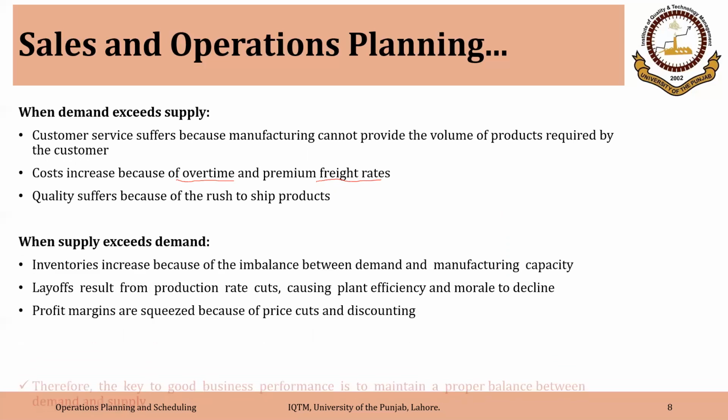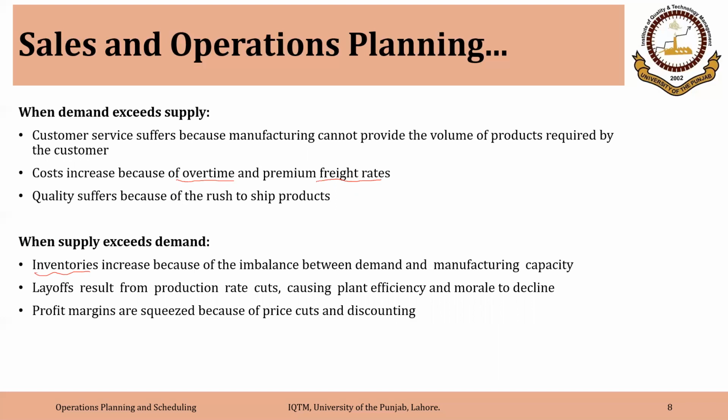When the opposite happens, when supply exceeds demand, inventories increase because of the imbalance between demand and manufacturing capacity. So you have to incur the inventory carrying cost. There is also a threat of obsolescence of the inventory. So that is a big risk because your cash is tied up with the inventory. So